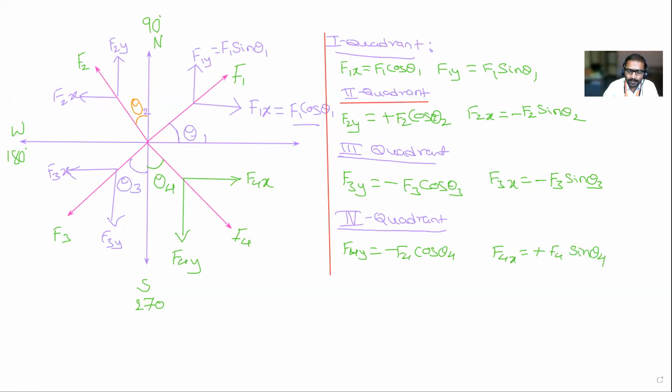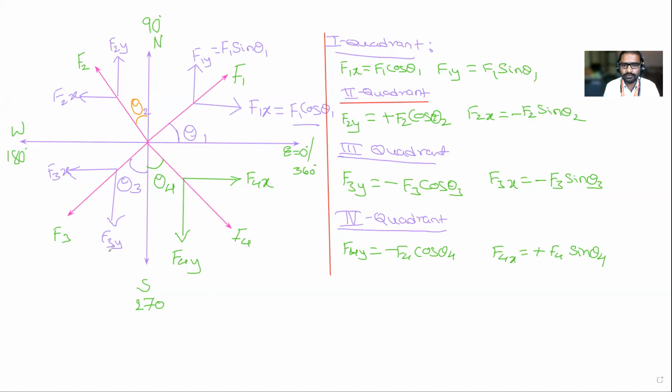Is it clear, everyone? Yes sir. Listen to me. Whenever theta is given along a horizontal or vertical direction, the component along the one it is given with is always the cos component, and the remaining direction is always the sin component. Clear, everyone? Just take this one. Will you take a screenshot or write it? Write it. So this is east, and it is 0 degree or 360 degree. All of you write this one.